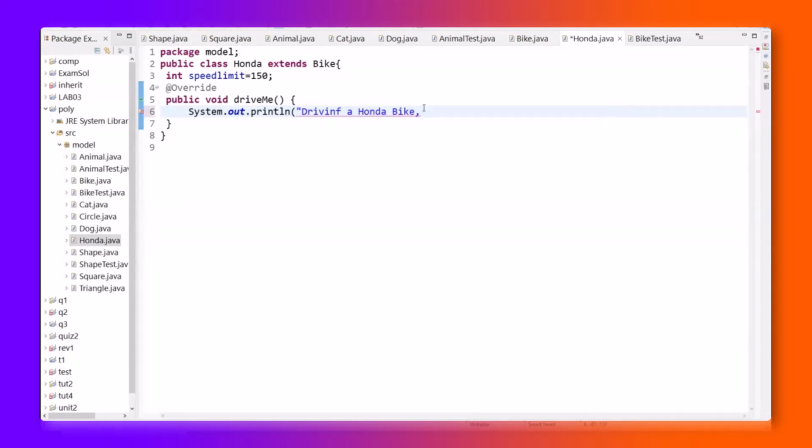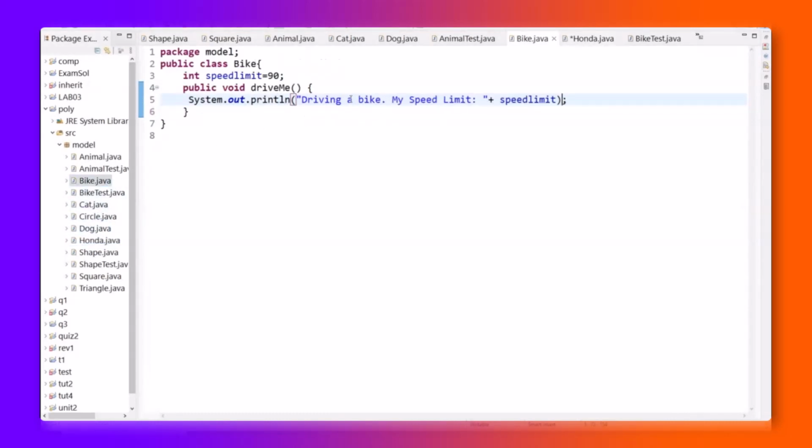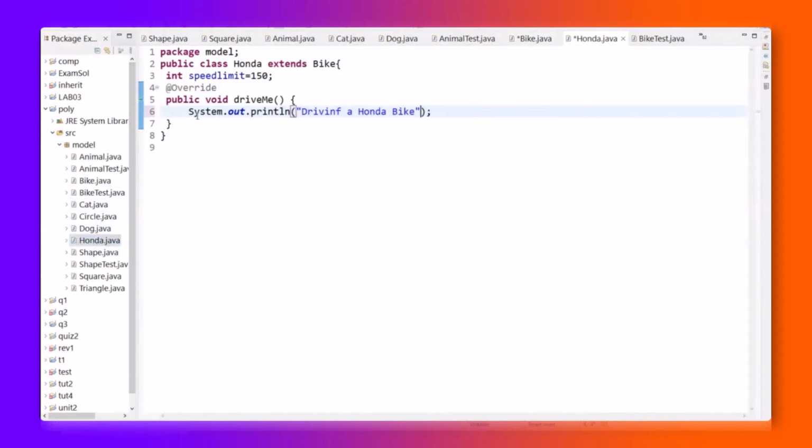If it's not being used here, okay, driving a Honda bike. So now I can say here, I can go to the superclass. The speed limit is, okay, good. I'll take this one here. Okay, driving a bike, my speed limit is, so I'll just use my speed limit is, and in the Honda, I will say